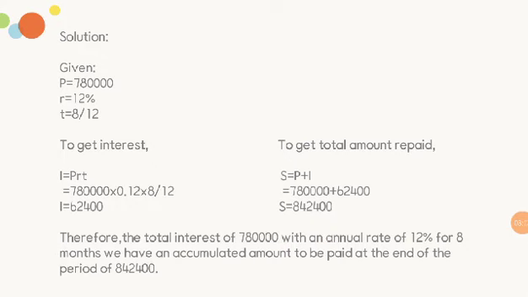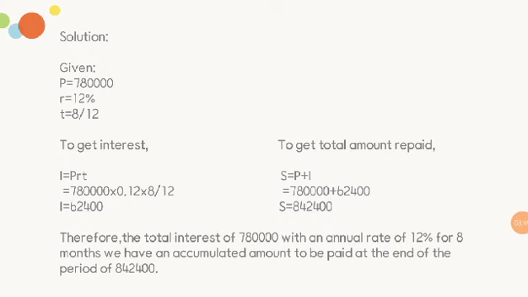How to get the interest? We have a formula of I equals PRT. We multiply the principal 780,000 by 0.12 by 8/12, and the interest is 62,400. How do we get the total amount repaid? We have a formula of S equals P plus I. We add the principal of 780,000 to the interest of 62,400 and the total amount repaid will be